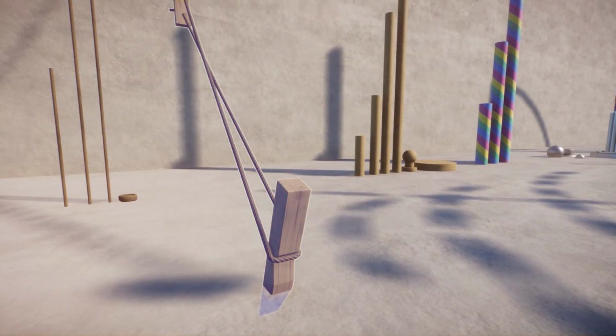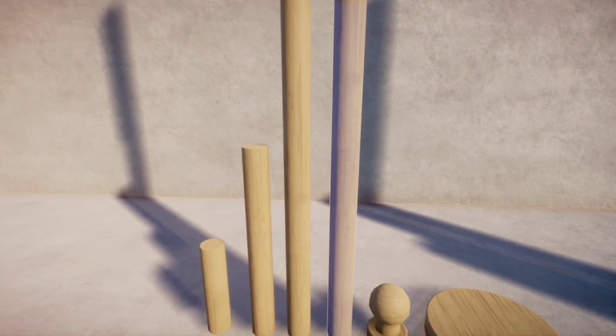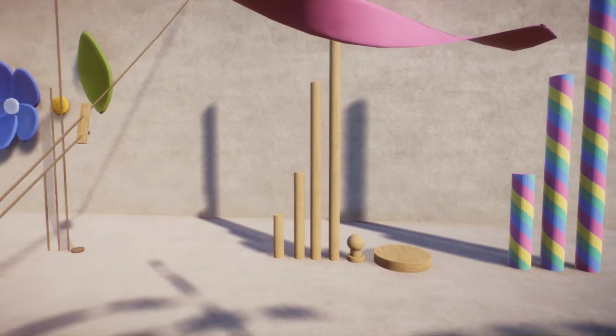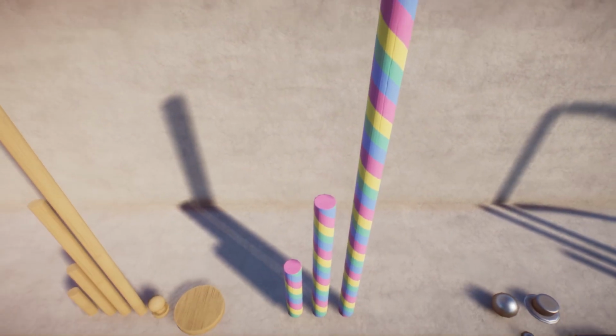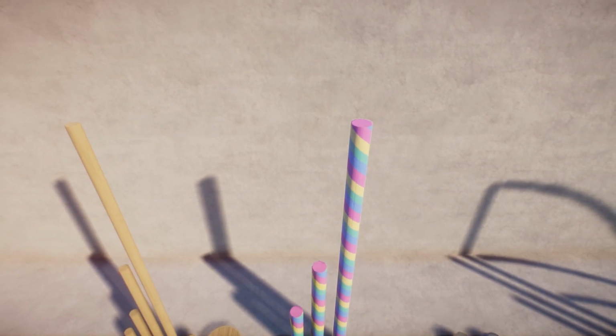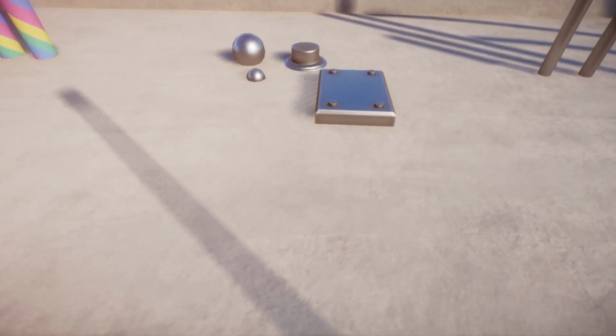I thought it would be separate, this pin, but it's not, but it doesn't matter. This is new wood, like this support, this pole and the decoration on it. These sticks, I think I will not use this. It's maple, okay, maple. I will not use it. But this